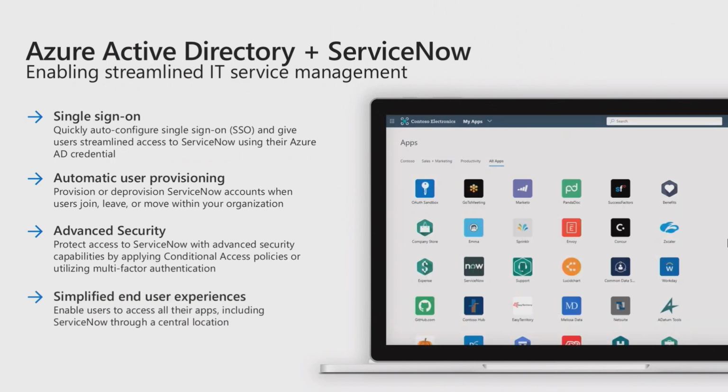And the last one is that you simplify the end user experience. When you integrate ServiceNow and other applications with Azure Active Directory, all the users will see these applications in one place in the access panel. Sometimes these are SaaS applications, sometimes line of business applications. The user can just click on the application and do single sign-on.